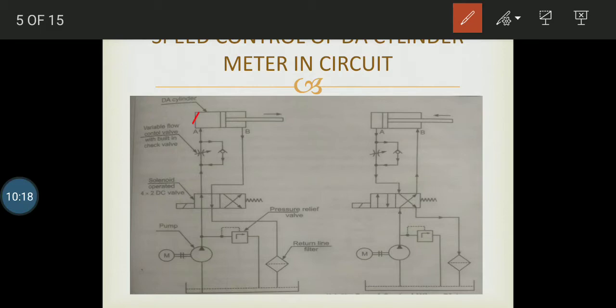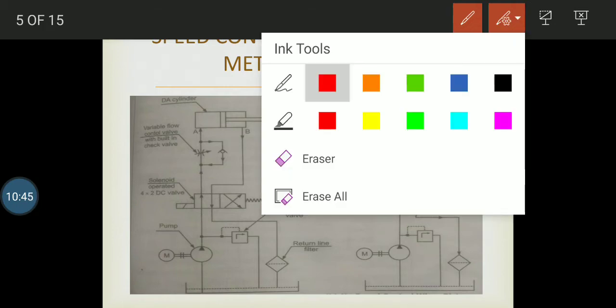Now, as port A gets completely filled, the solenoid gets an instruction to change the section. It moves from section 1 to section 2, and now the fluid gets inside port B, and port A is allowed to drain. Port B is filled, while port A deals with the drain or discharge.